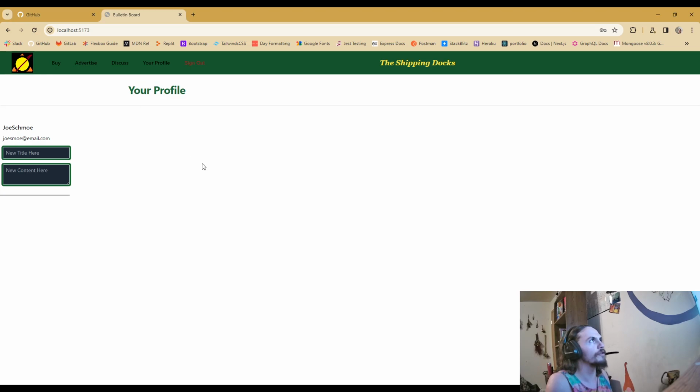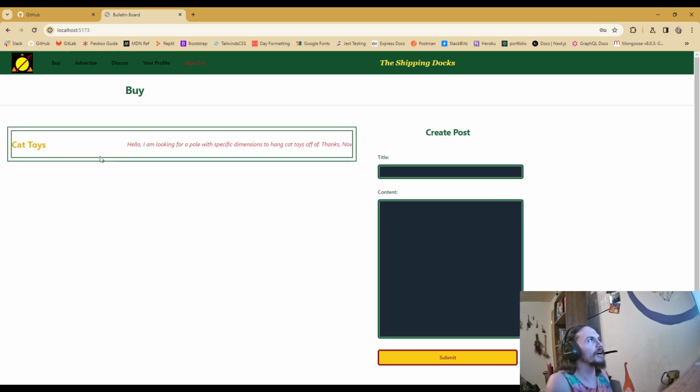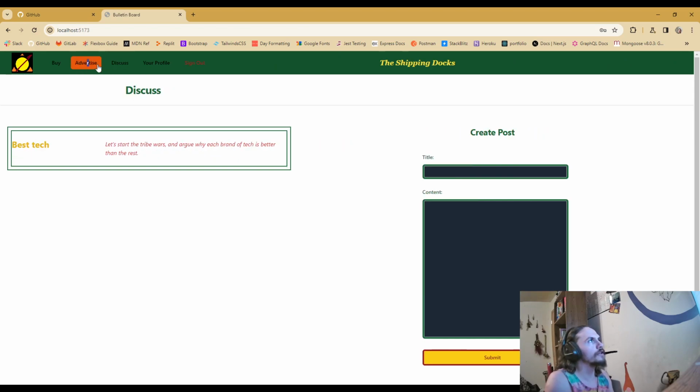because it's for your profile. We'll notice some more hover effects. I know, very fancy. We'll click on buy. So the way it's organized, there are three main little hubs, if you will, for buying, advertising, and discussing. Then you also have your profile that lives in the taskbar up here. This little guy changes as you click on each, and so does the content that lives in the table I've got right here. Create post pretty much stays the same.